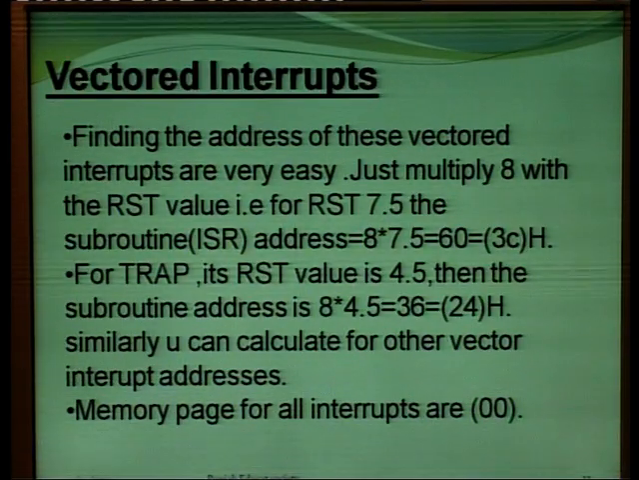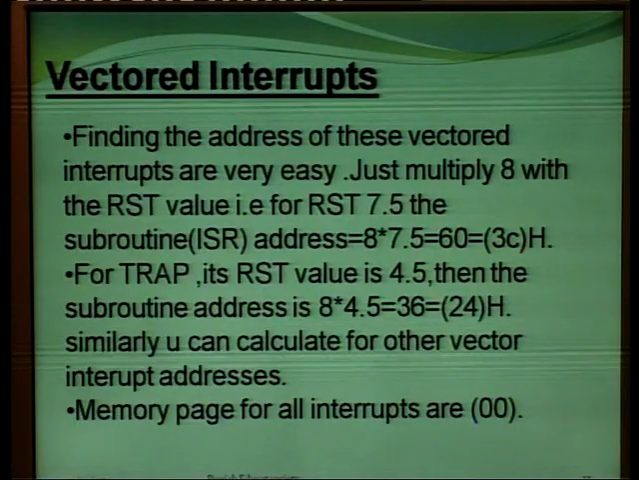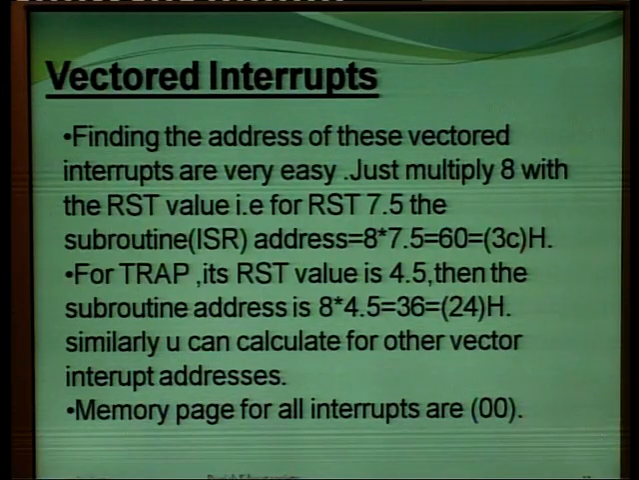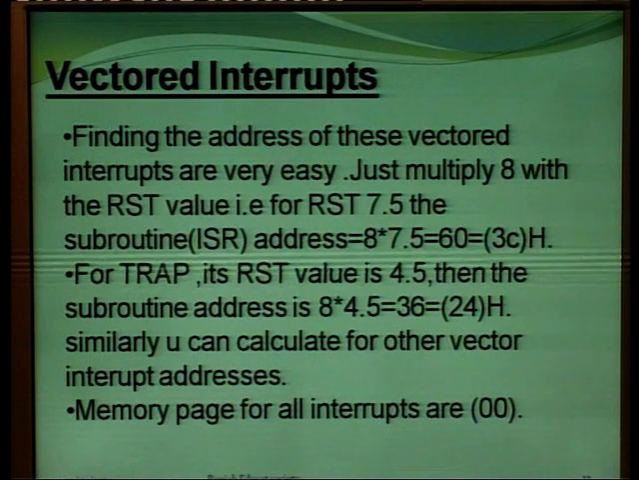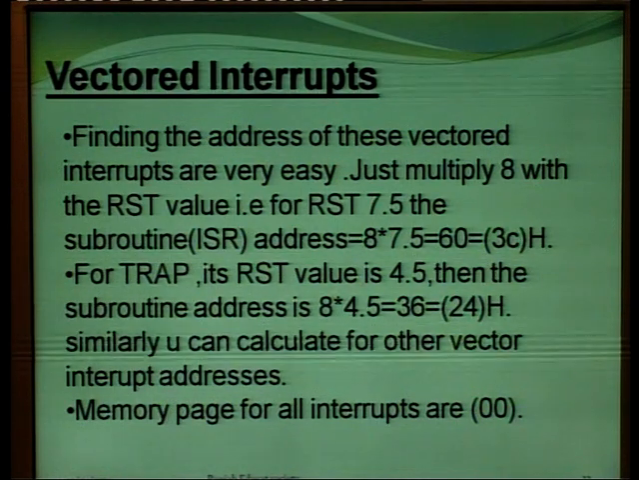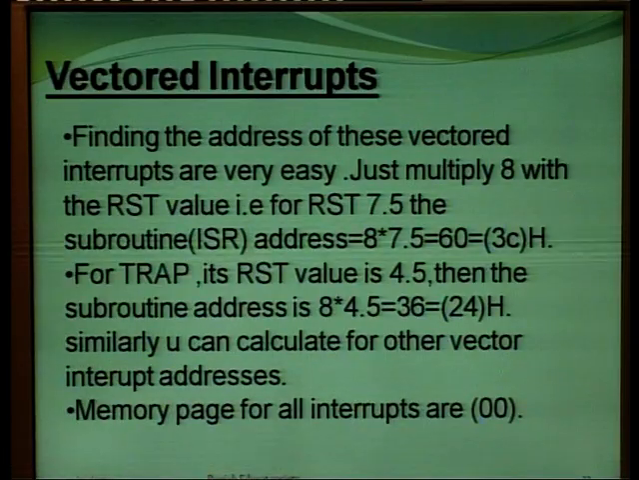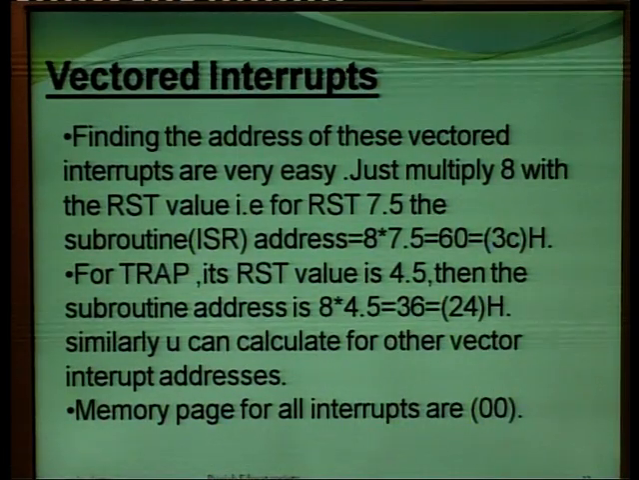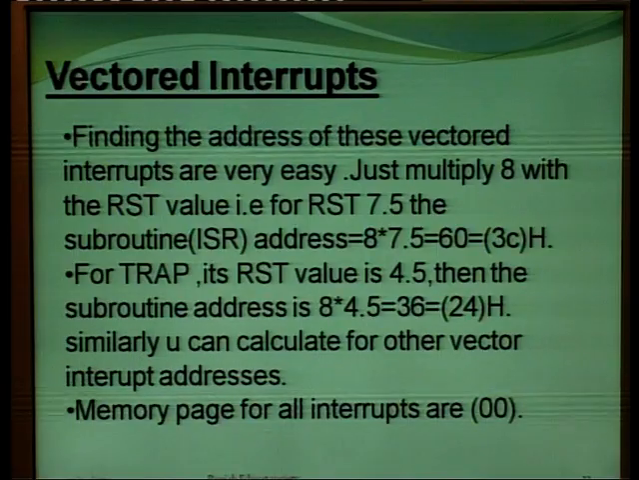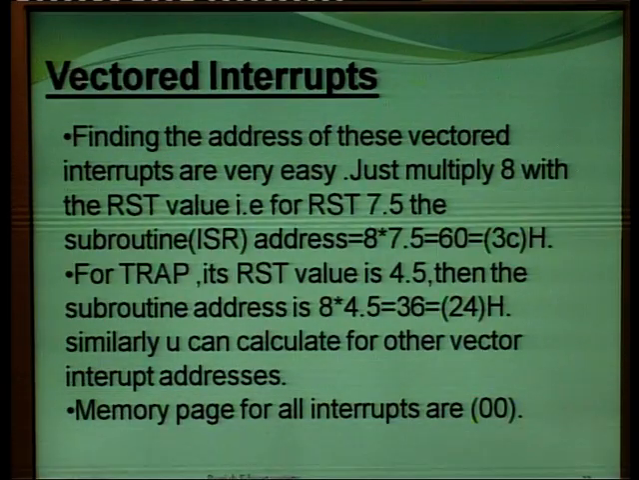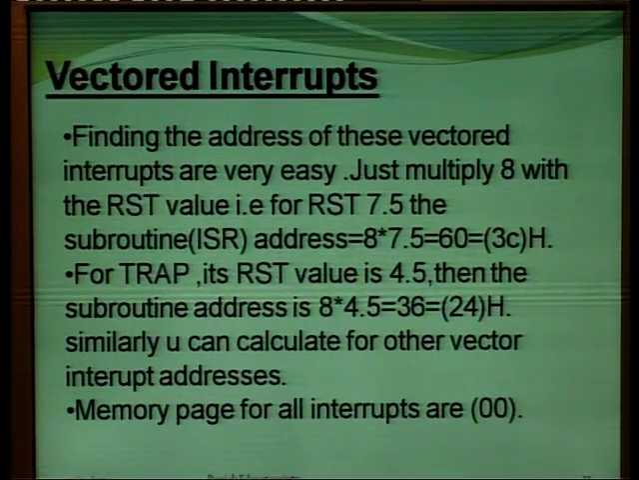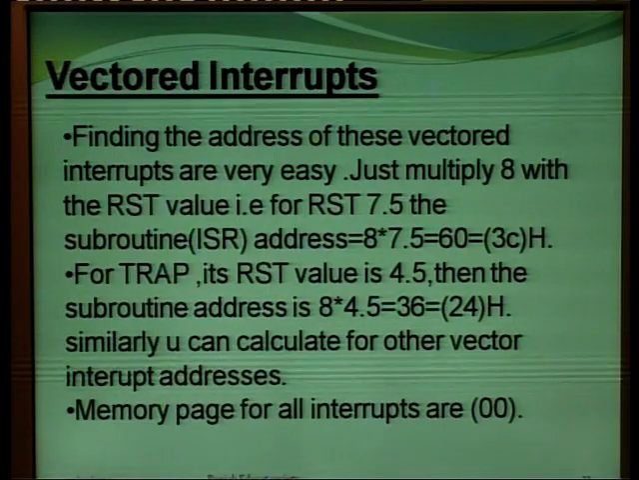Similarly, for trap, its RST value is 4.5. So, to get its subroutine address, multiply 4.5 with 8, we get 36. This 36 is in decimal. Convert this 36 into binary, then convert it to hexadecimal, we get 24. So, similarly, we can calculate the address for the other interrupts, and the memory page for all these interrupts is